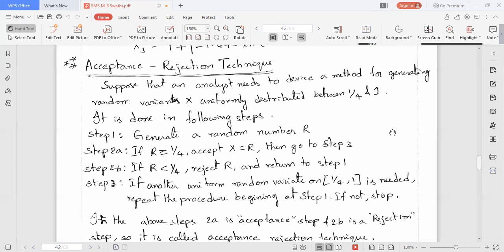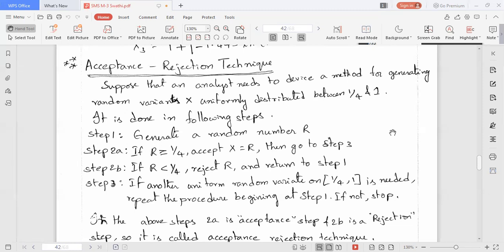The first step he will follow is to generate a random number R. In the second step, the random number we have generated will be compared with 1/4.